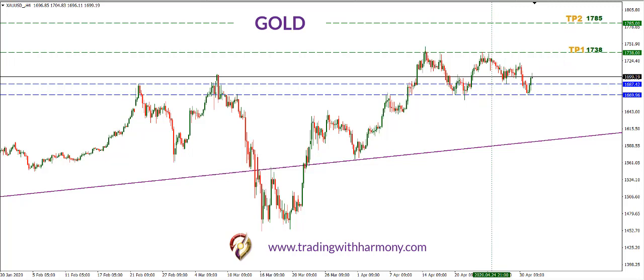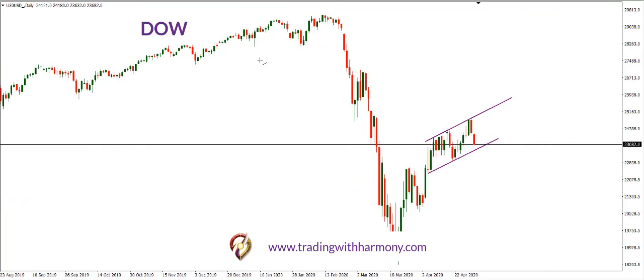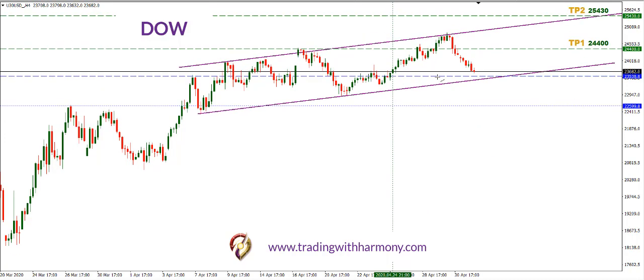Okay, so in the Dow Jones, we can see here we have an ascending channel forming in the day candles. If we go into the 4 hour, last week we were talking about this leaving this support level, and once it holds, hitting our first target. It hit our first target here last week. So this week it's coming back down into this significant support line here, and once it holds this support, right here at this ascending channel as well,